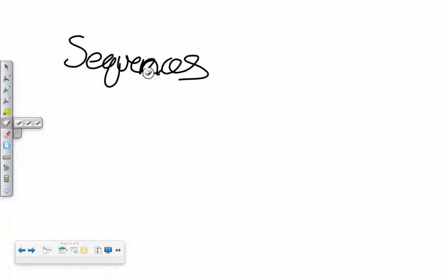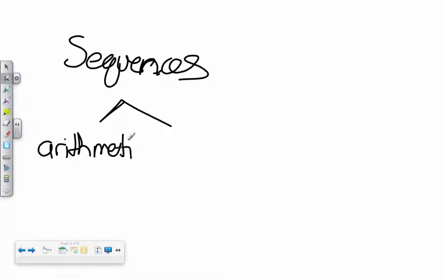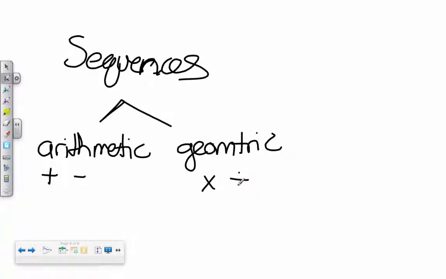Sequences. Okay, here's what this looks like. You have arithmetic sequences. And that's a really good word to spell. Arithmetic sequences mean that you are adding or subtracting. Then, geometric, however, means that you are multiplying or dividing. Geometric, so multiplying or dividing. Now, the gray area for students often falls into that whole power business.